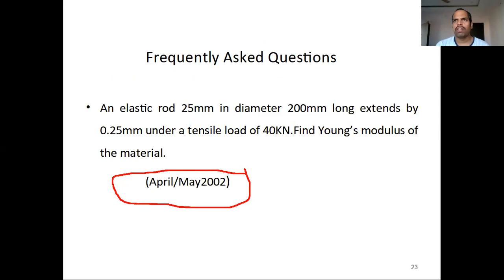Sometimes, in different varieties of problems, you may find in textbooks that the entire tension test details are given to you. From that, you may be asked to calculate the required parameters like the stress at the elastic limit, stress at yield point, stress at ultimate point, and stress at breaking point. Just like we have seen one problem, different varieties of problems can also be found in textbooks. So go through your textbooks. Okay, so let us stop here.